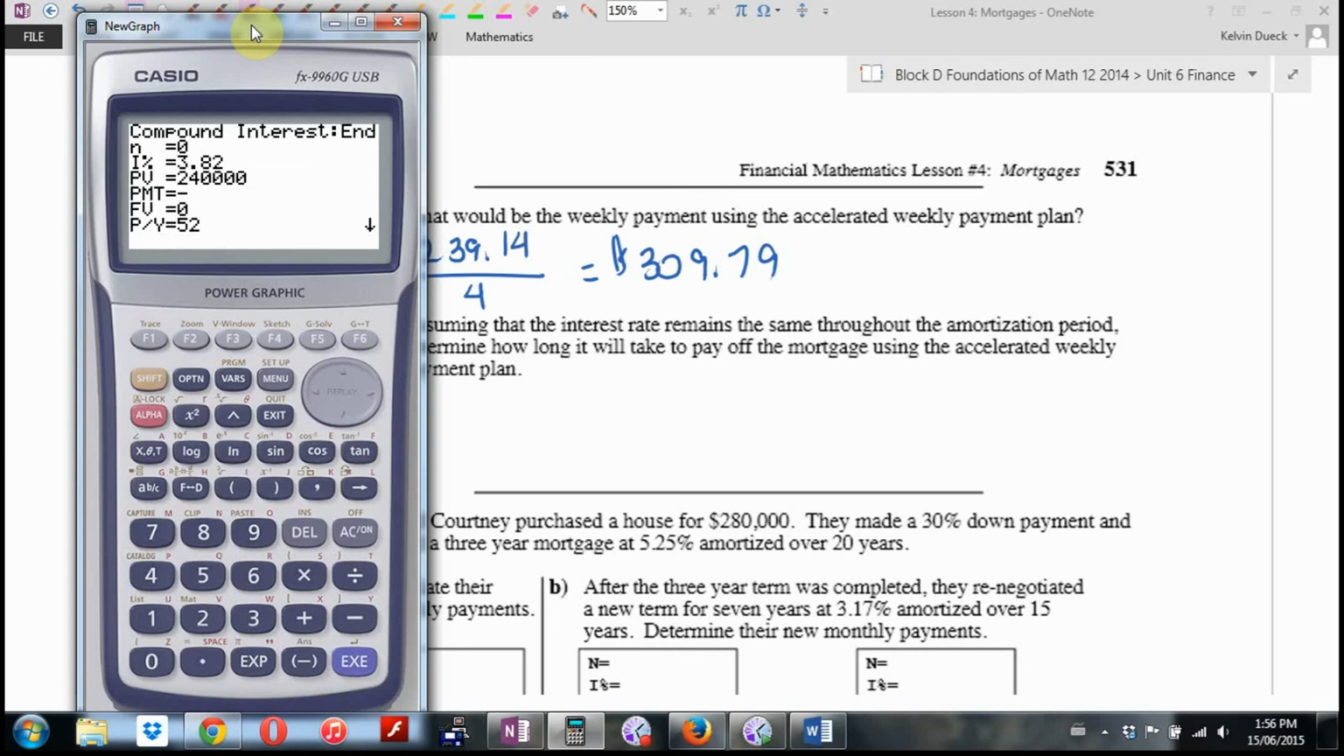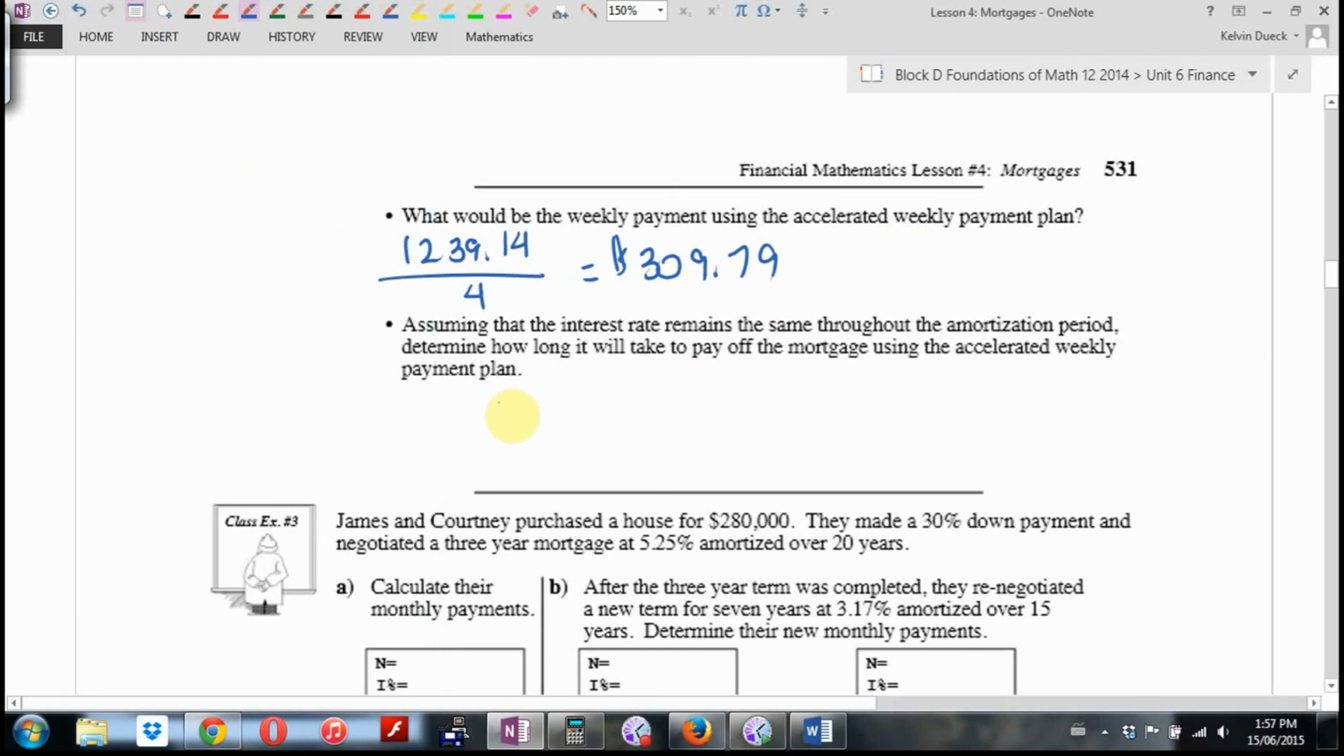Let's look at if I make a payment of negative 309.79. Why negative? Because that's what I'm paying out. I want to pay it all off. Weekly does mean 52 payments a year. Still compounded twice a year. What's N? Is it still 300? Oh, but this is that many weeks. This is 1,140.6